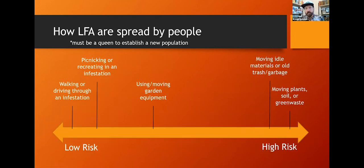How are little fire ants spread by people? So I created this graphic just to give you an idea. This is not based on science or numbers, but this is a sort of general idea of how risky certain behaviors are. So if you walk or drive through an infested area, you're not going to be moving ants generally